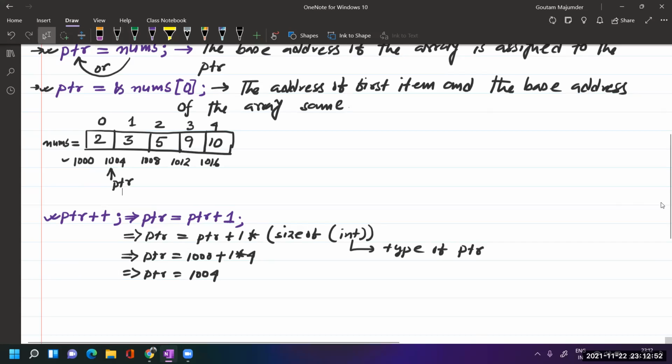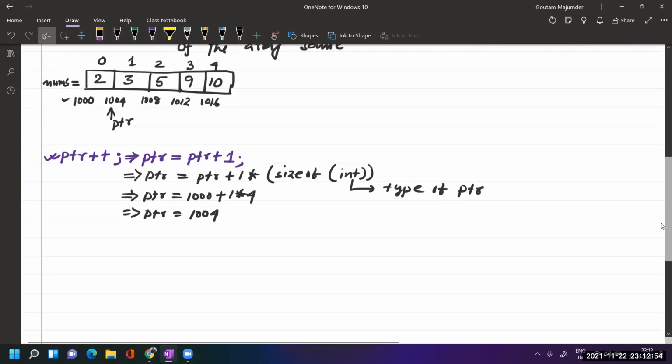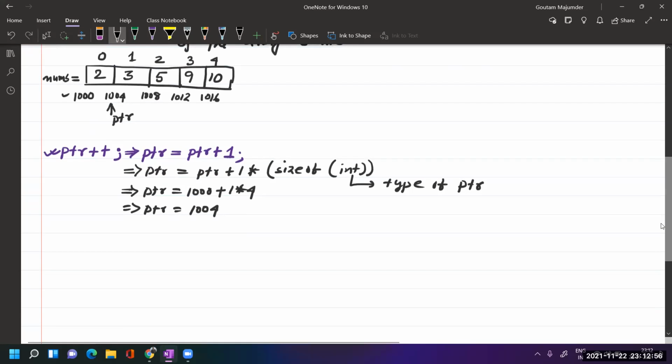Okay, next. Now suppose that I am writing ptr minus minus. Now what will happen? This is a decrement operation.